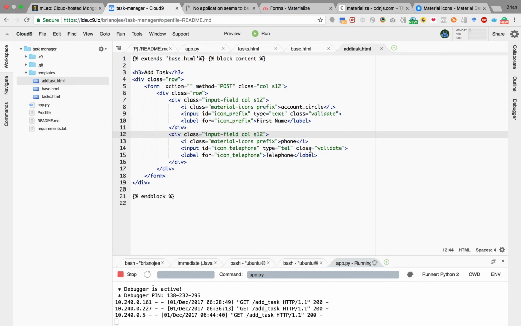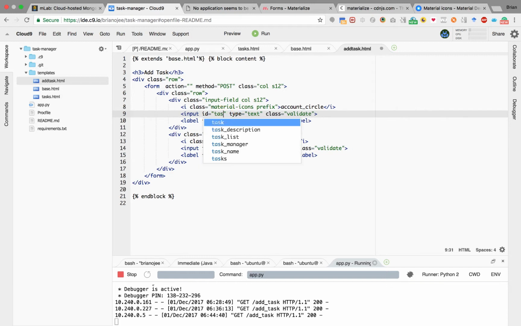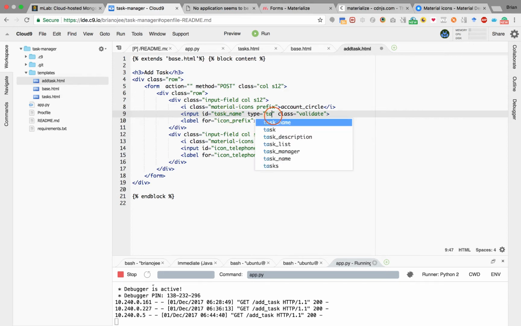And you can see that each one of those elements is wrapped within a div. And it's the custom class input field which provides the styling for those. And you'll become more familiar with those as we go through the project. But let's change the type. If you have type text,